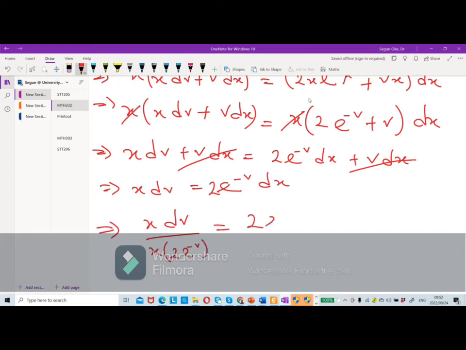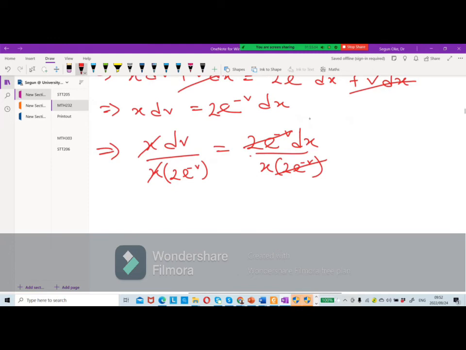So I will need 2e to the power minus v dv all over x into 2e to the power minus v. This cancels this. This also, this is x, sorry. This also goes with this. So in this case now, I have what? 1 all over 2e to the power minus v dv equals